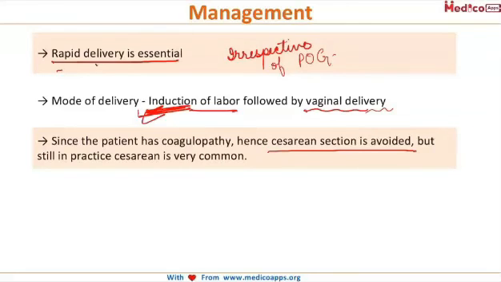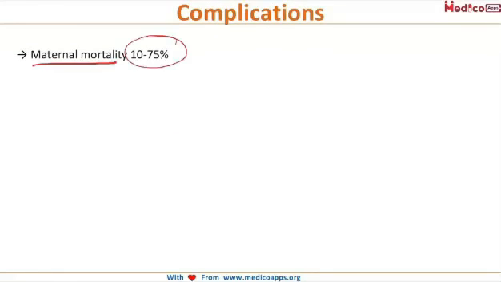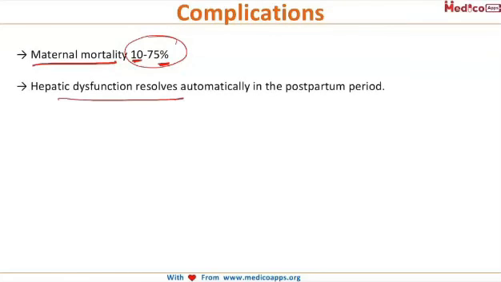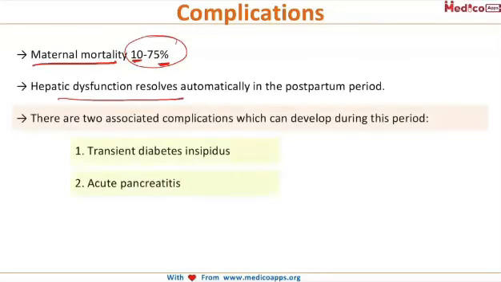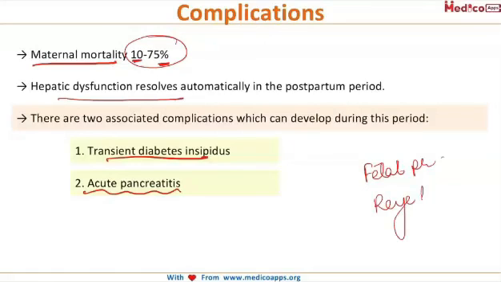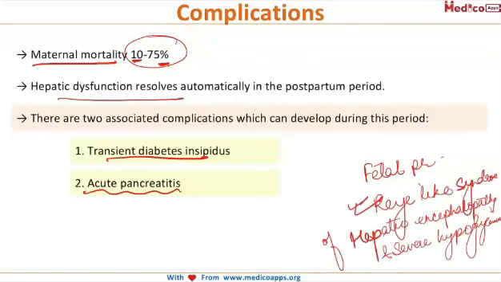And as I told you, this is a very fulminant condition, the maternal mortality varies from 10 to even 75%. And once we deliver the patient, this hepatic dysfunction usually resolves. There are two associated findings seen in the patients of acute fatty liver who have recovered, and that is transient diabetes insipidus and acute pancreatitis. And the fetal prognosis is also poor, and if these fetuses survive, later they may develop Reye-like syndrome of hepatic encephalopathy and severe